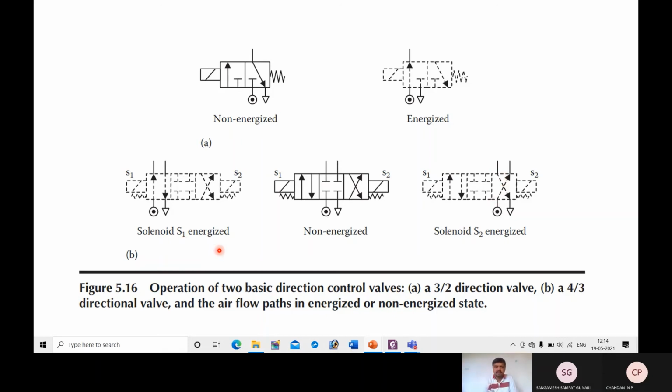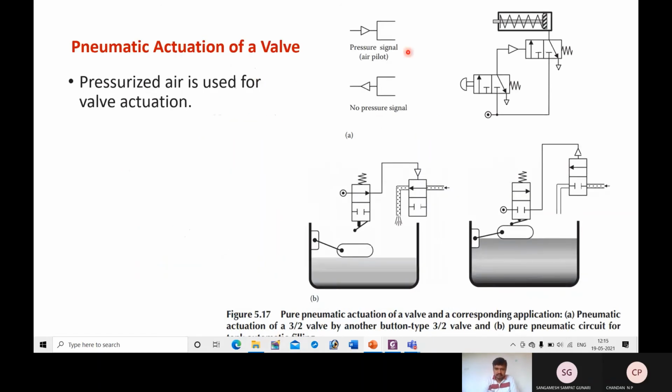Next, pneumatic actuation of a valve. Using this pneumatic actuation valve, how can we achieve the extension stroke? That is shown in this figure. If you are manually operating this valve, this is also a 3x2 direction control valve. When you press the push button, this position gets actuated. There will be contact between this port and this port. Air will move, and from the manifold block you already have a supply of air to this inlet port.